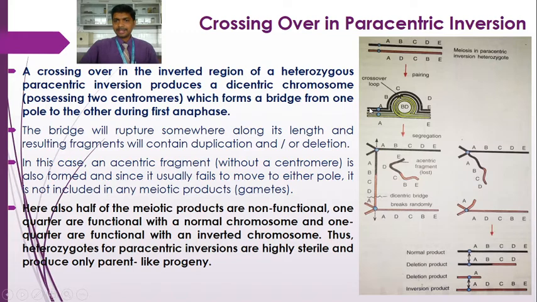So what happened here? This is the case where the crossing over occurs. Due to this, one chromosome is formed as A, B, C, D. It is the normal one here. The other one, this is the centromere. The chromosome arm has been attached to this centromere. Now here A, B, now the C from the green portion. Here A, B, C, D, E and A. Again here A, B, now the C from this green portion, D from this green portion.